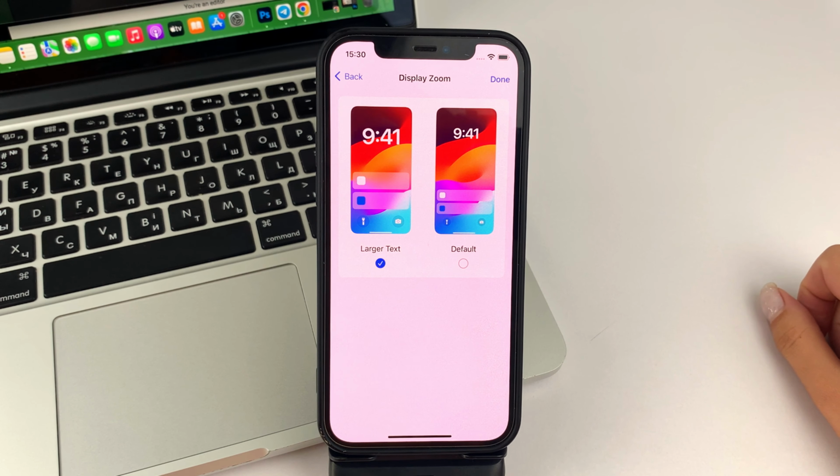After that, your iPhone will reboot, or so to speak, it will freeze for a few seconds. Do not be frightened by this, it's just a reset of the data settings on your iPhone. After that, absolutely everything, icons and font size and widgets, everything will become many times bigger and you will see it. Friends, in this way, very quick and simple, you can easily change the size of application icons on